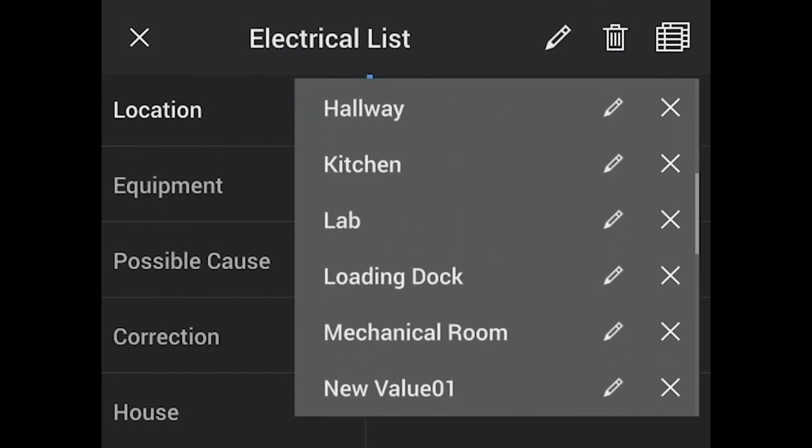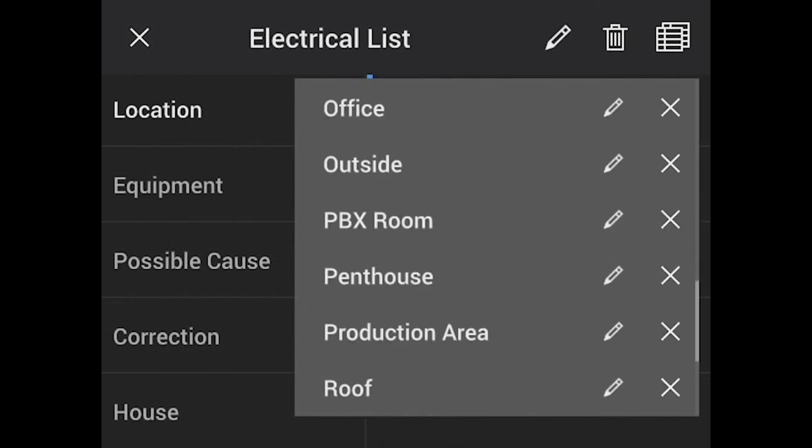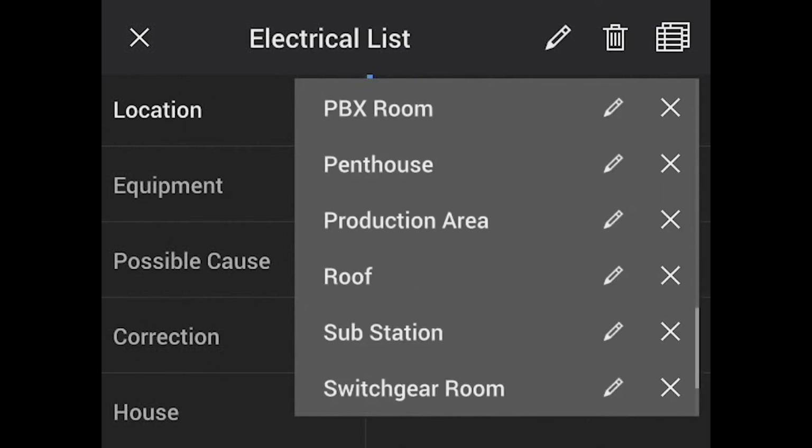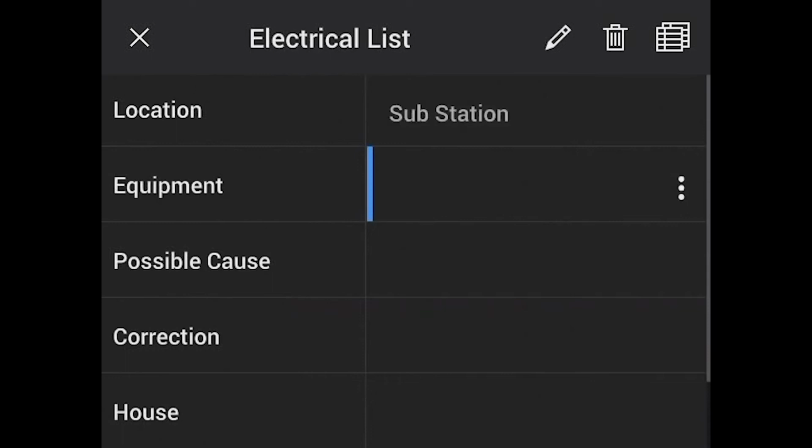So let's just say you're at an area where you need to take an image of a substation. I'm going to hit substation, and now that's in my list. So what's the benefit of this? We could now store all of these, what we call text comments, or this list, with that image. So let me go back. I've stored a thermal, I've stored a visible, I've stored an audio annotation, and now I've got this list.